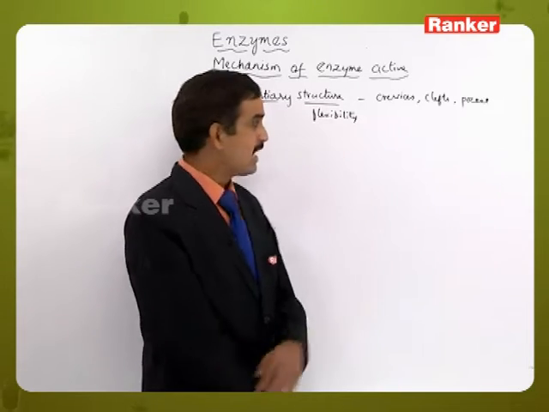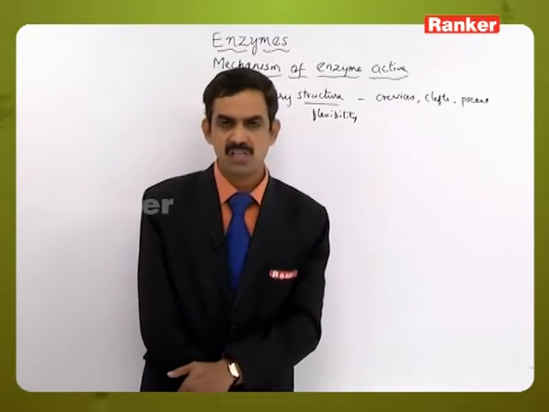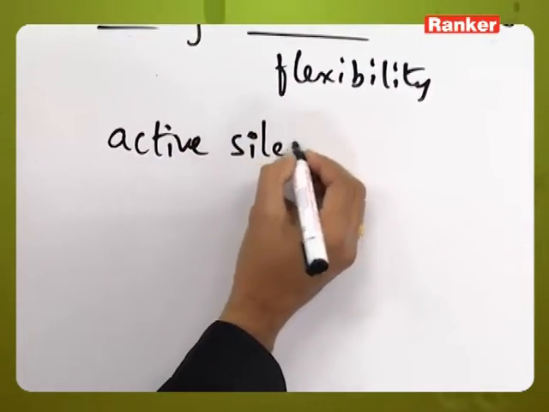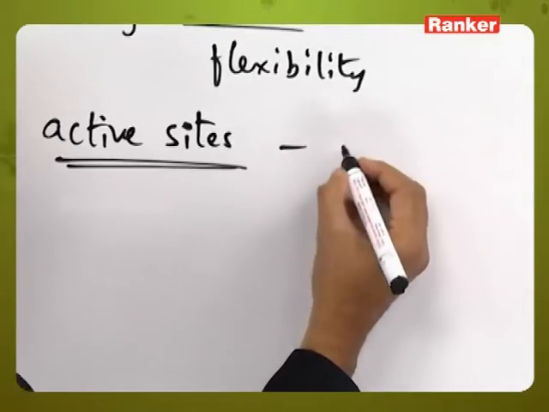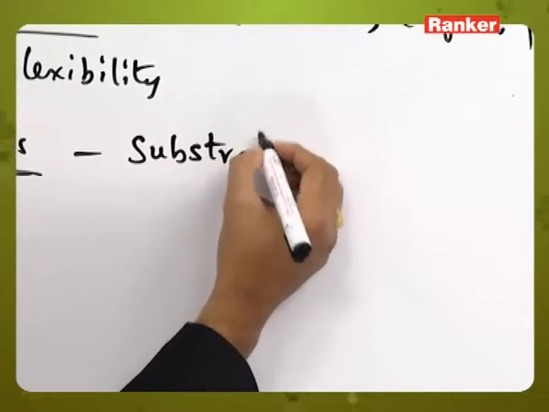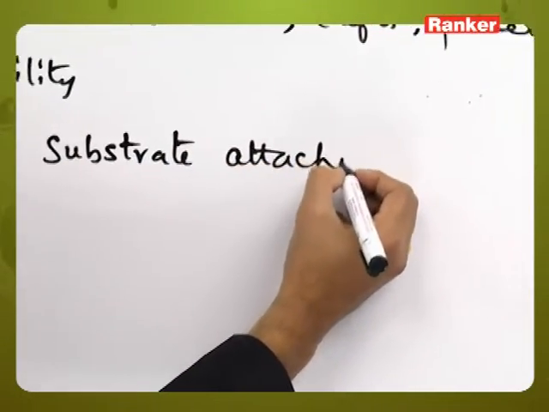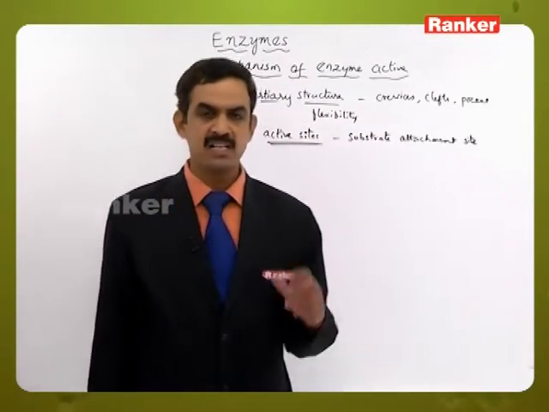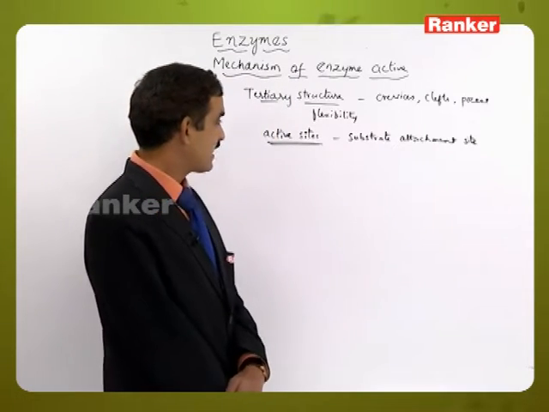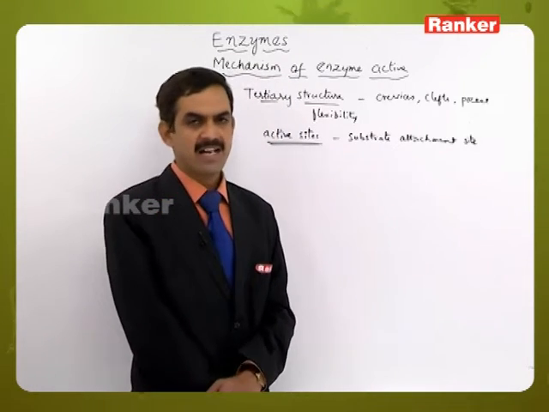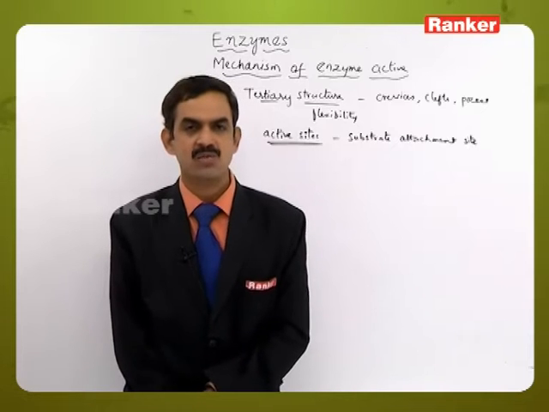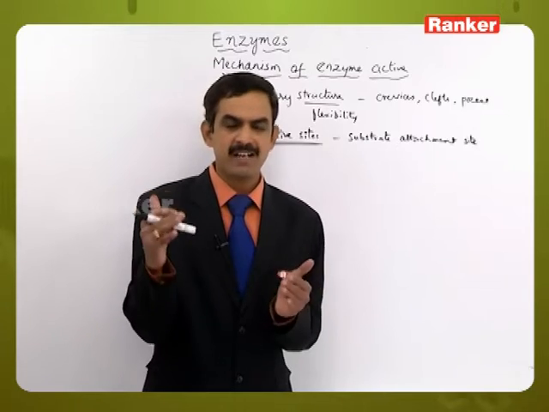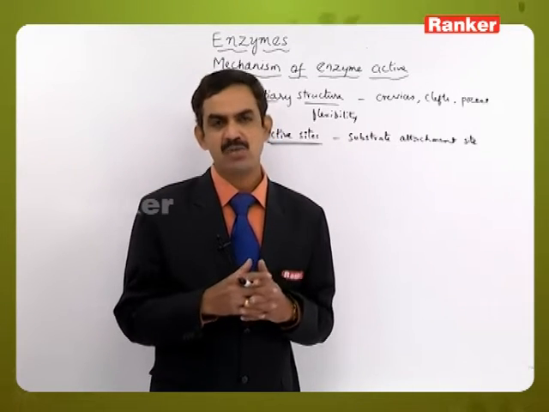So that is the enzyme molecule, and these crevices or cleft-like structures will be acting as specific sites called active sites. These are the sites to which the substrates are attached, or we can call them a substrate attachment site or substrate fitting site. In this process there are many such active sites on the enzyme molecule, and the structure of these active sites resembles the structure of the substrate molecules. That's the reason why a specific substrate molecule will come and bind to the active site